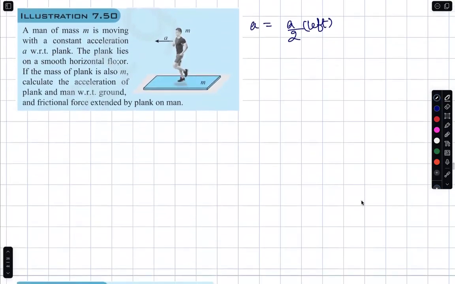The next question. A man of mass m is moving with a constant acceleration a with respect to plank. The plank lies on the smooth horizontal floor. Very good information. There is no friction, which means,